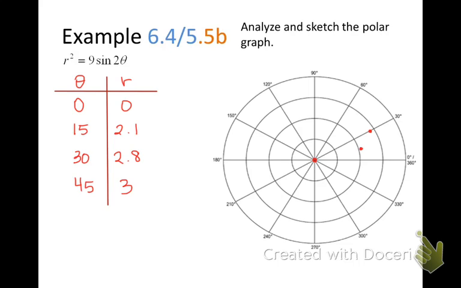One thing I want you guys to now do is use your knowledge. The next angle, you can see that I'm going by 15-degree increments here, right? So the next thing that I'm going to do is going to be 60. That's going to be 120. But does the sine value change over the y-axis from quadrant 1 to quadrant 2? Do we remain with positive y values? So this 60-degree angle is going to be the same as that 30-degree angle over the axis, right? And that 15-degree angle is going to be the same as my 75. And by the time I get to 90, it's going to be the same as